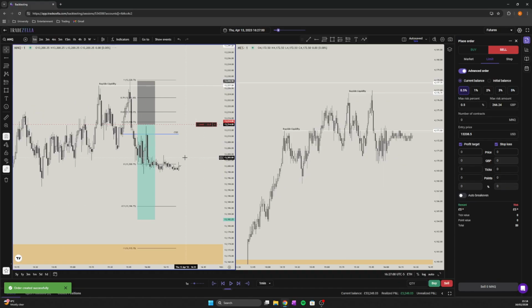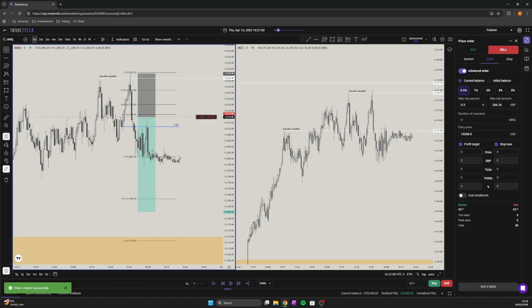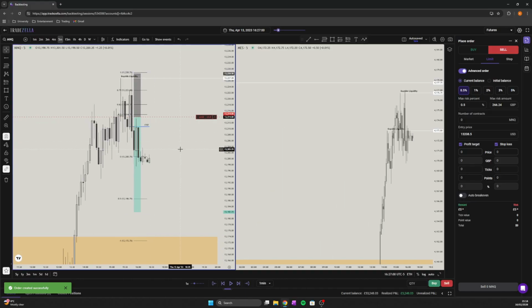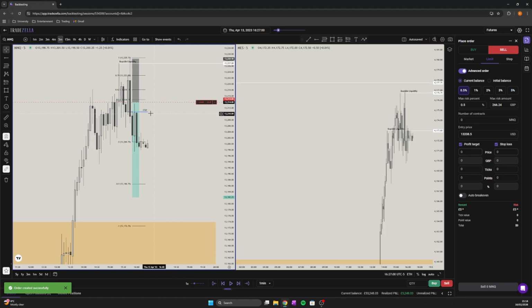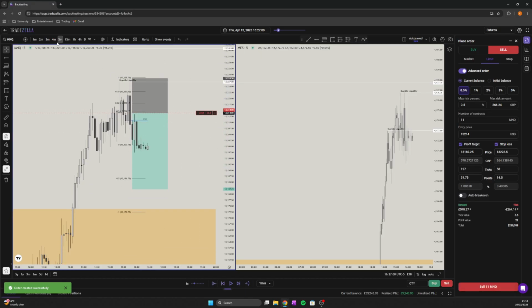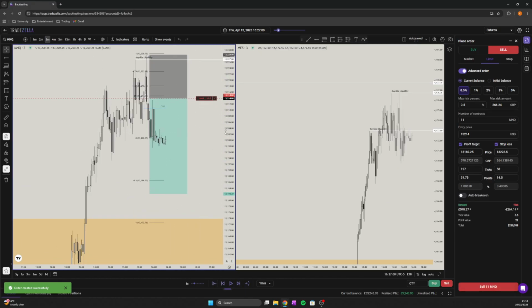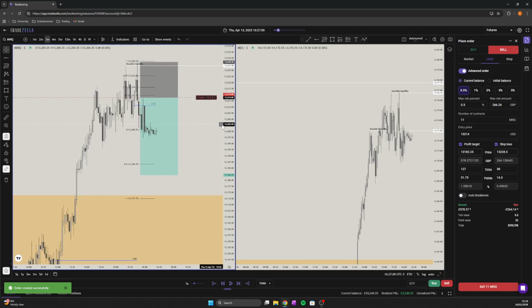Yeah, price doesn't actually offer us. That's cool, isn't it? Like, it's completely cool. Price actually runs into this order block, but we don't get entered. So this would ideally be a no trade day.